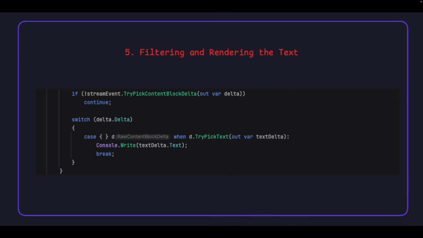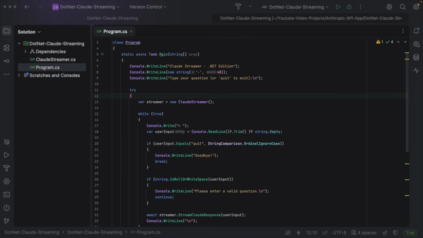Now, let's work on the main method. The main function, that is the entry point of the program, is marked async because it needs to wait for network calls to the AI without freezing the application. Then, it prints a simple welcome message and instructions on how to exit. Everything is wrapped in a try block, so the program can gracefully handle any errors that pop up during the setup or execution. The var streamer = new ClaudeStreamer creates an instance of the class that actually